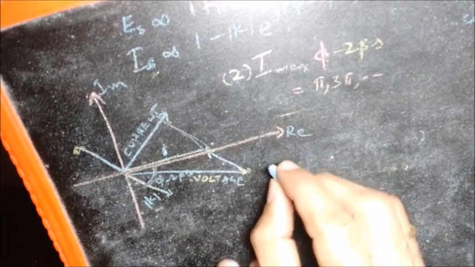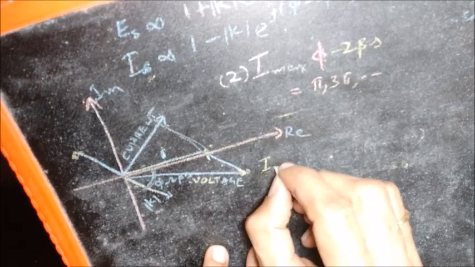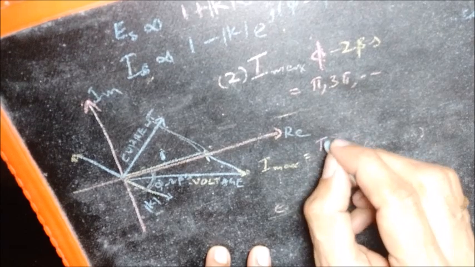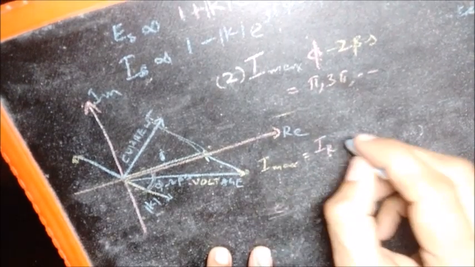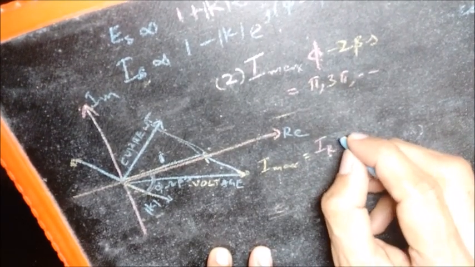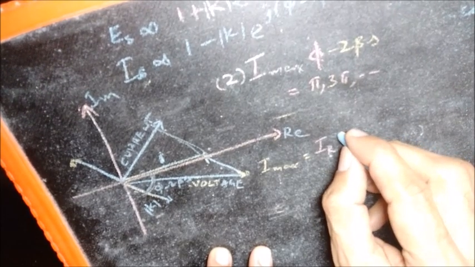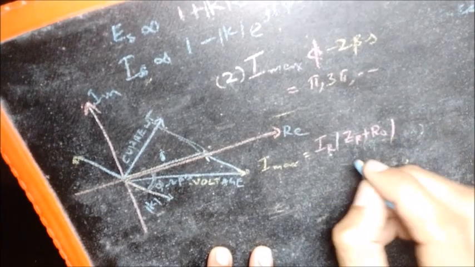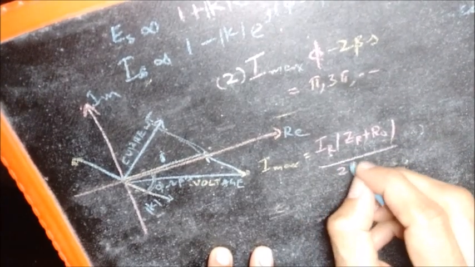And that value of Imax, the maximum current amplitude, is given by, again we have the expression. If you flip back the pages of your notebook, you can see that the expression is this.